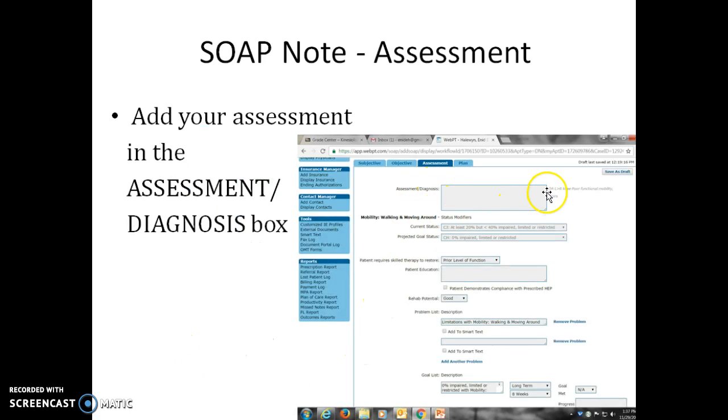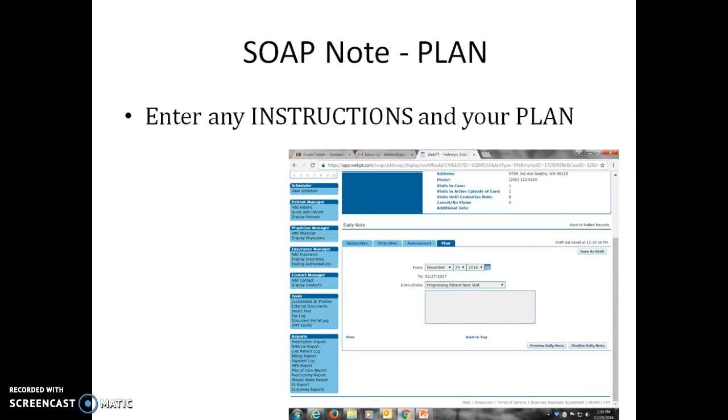Then the next page is assessment. Right here in that top box, you're going to add any assessment. So, patient's right knee range of motion has increased from 90 degrees of flexion to 120 degrees. Return demo of home exercise program was good, things like that in the assessment. And there's really not a whole lot you need to do on the rest of that page. Then your plan,